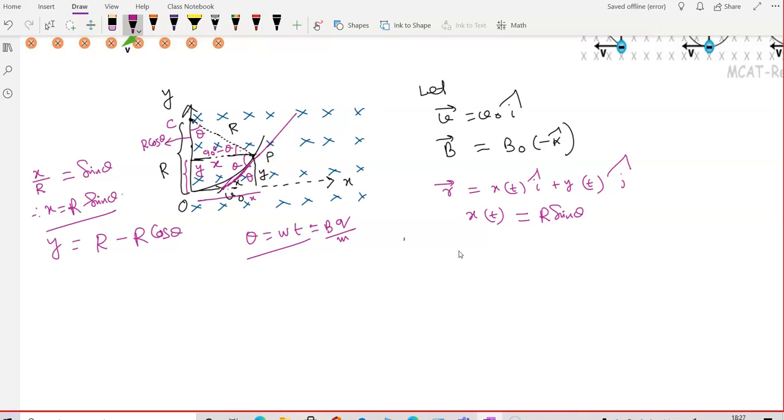So there will be Bq by m into t. Okay. So x(t) equals r sine of Bq by m into t, and y equals r minus